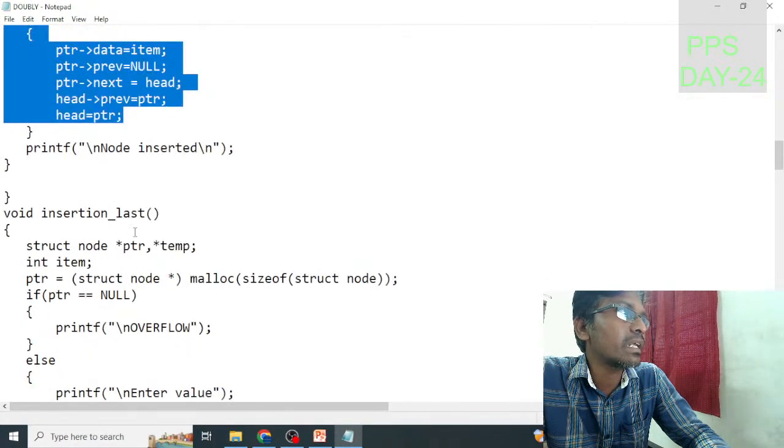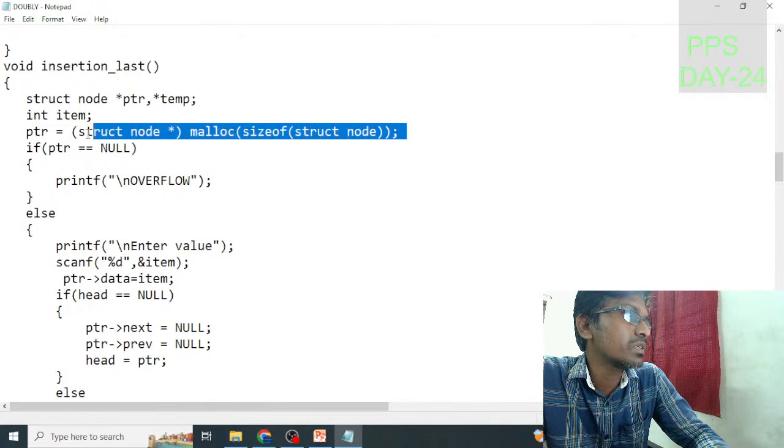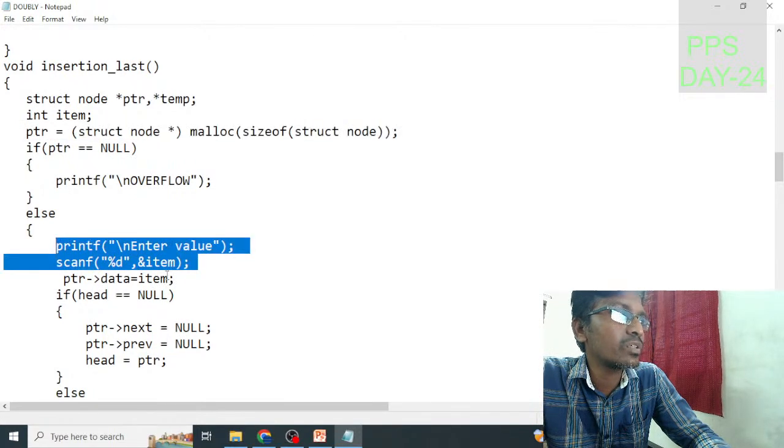Okay, it is a lengthy program, but once you understand the logic of how we perform the insertion operation or deletion operation, then it will be very easy to understand the program. So this is for the last node. For that, what you have to do: I'm going to create a new node, and I'm going to allocate the memory for the new node. After that I'm going to insert this node as the last node. So after creating a new node, now I'm going to insert the data into the data field, and